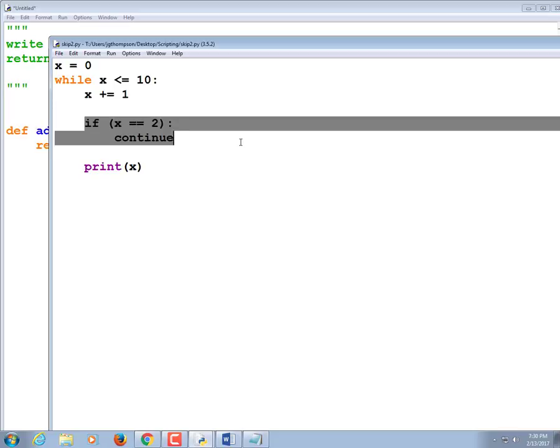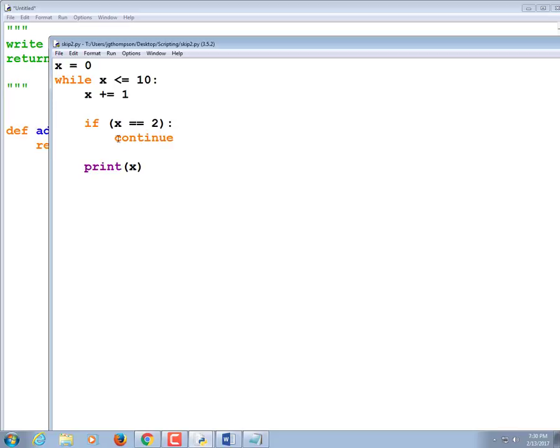Because this checked. And if x was equal to 2, the continue caused it to end that iteration early and go back up to the conditional again. So it never did this. It's kind of like doing this. Kind of like we had an if x not equals 2 around this code all the way to the end. But